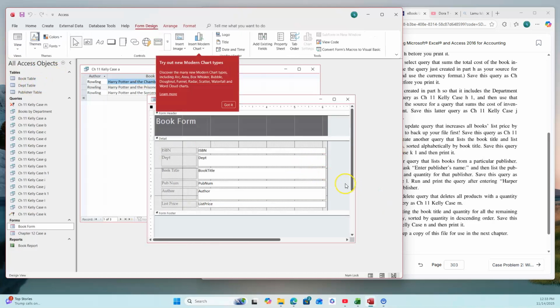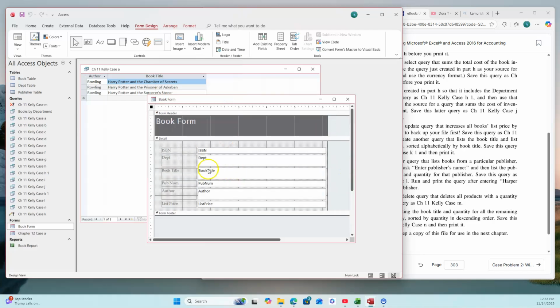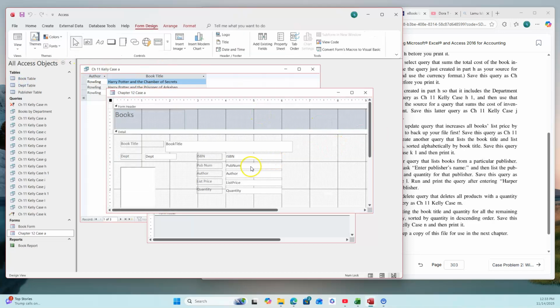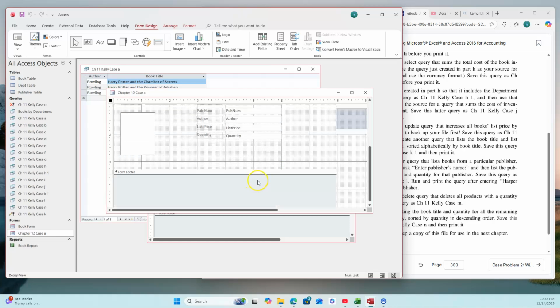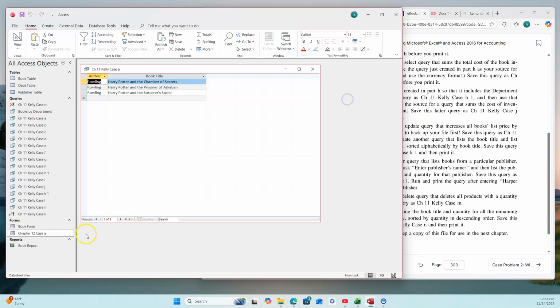It's a form, and then you also have another form, case A, and then you have some information here. But just make sure you complete these queries correctly as we move forward, and then keep everything